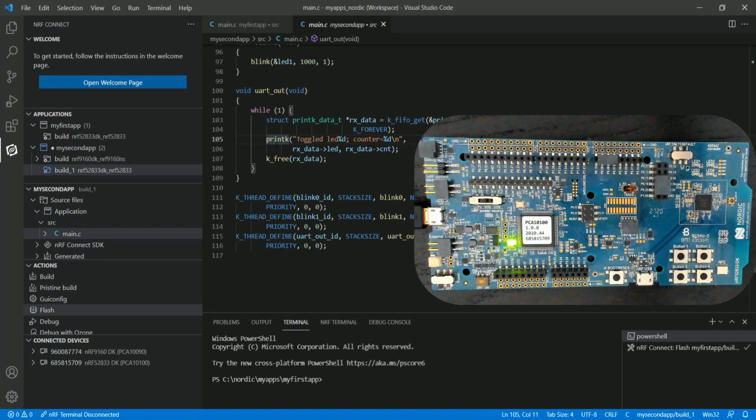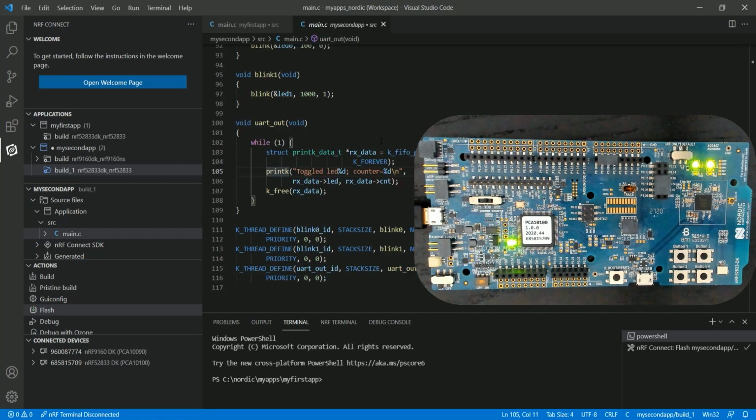So now, of course, I need to flash it with the new application, which is my second app. So let's flash. Of course, I need to select the board. I'm targeting the 52A33DK. Okay, you should see that the new application is running here, which is observed here. You can see that the basic thread launches 3 threads. One controls this LED, the other one controls this LED, and the third thread simply prints statements on the console